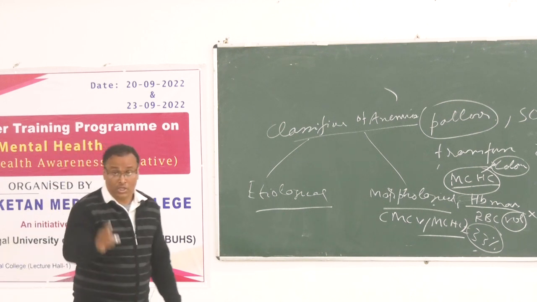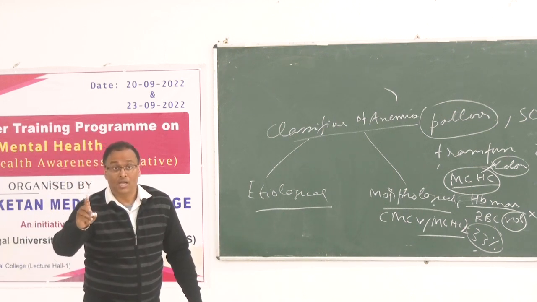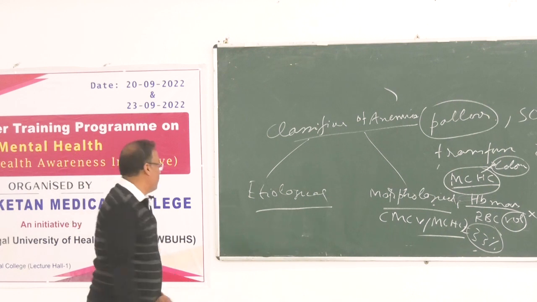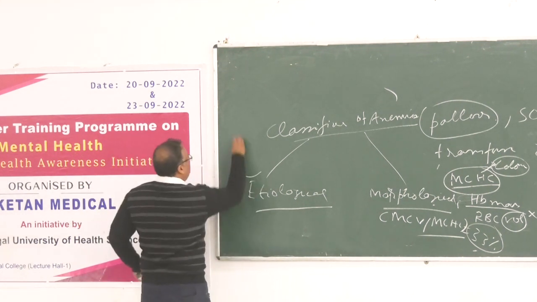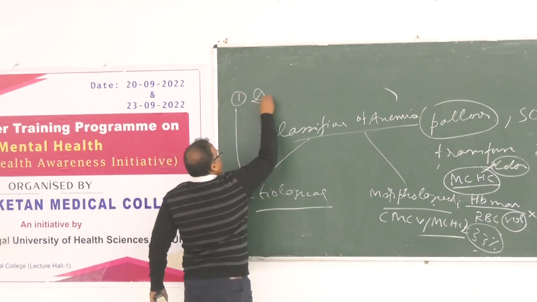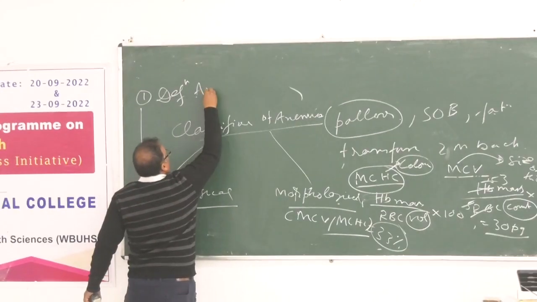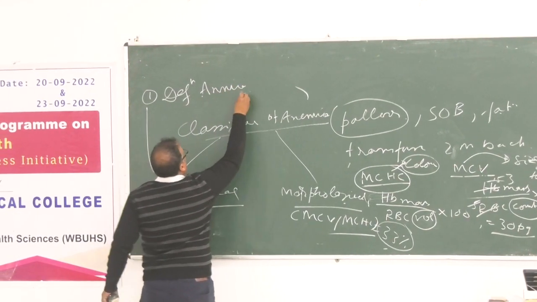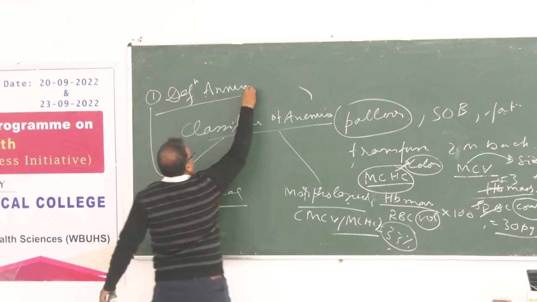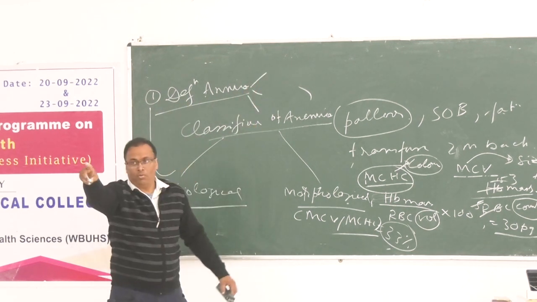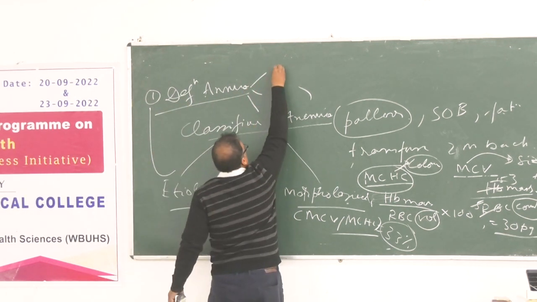Low iron, very good. That is the term deficiency anemia. Sit down. So in case of etiology, number one, deficiency anemia. I will start with what he said. What can deficiency anemia be? He said iron. What else can it be?